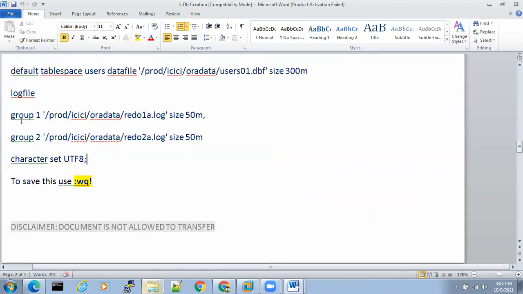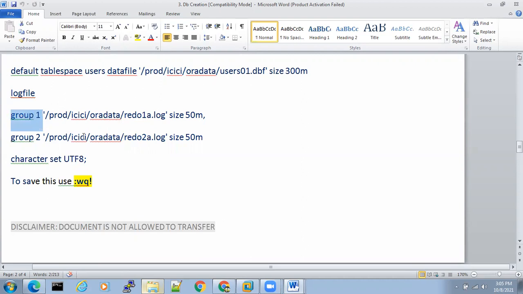See, group 1, how many log files are there? One. When I am talking about a log file, you have to talk about redo1a.log. Group 2 is having how many log files? Redo2a.log.